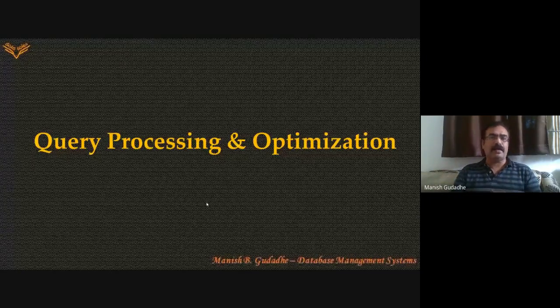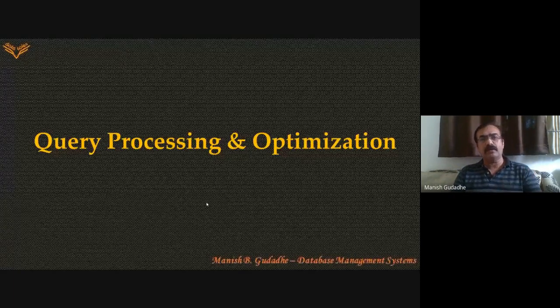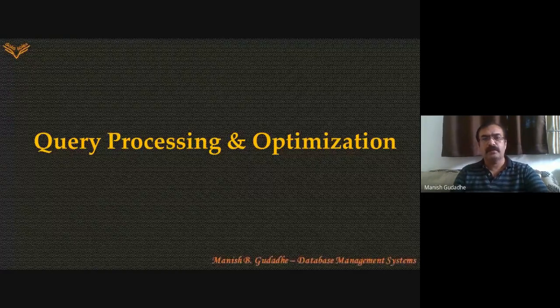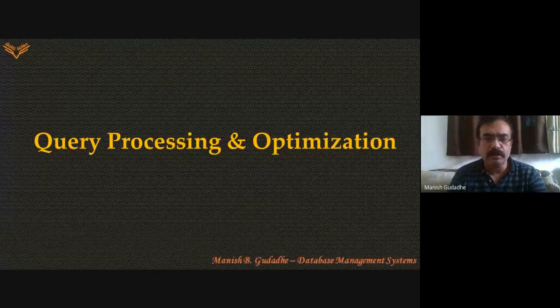But every construct has its own way of executing that query in the backend. So when we are talking about Cartesian product, can someone tell about Cartesian product? If you remember, what is a Cartesian product?